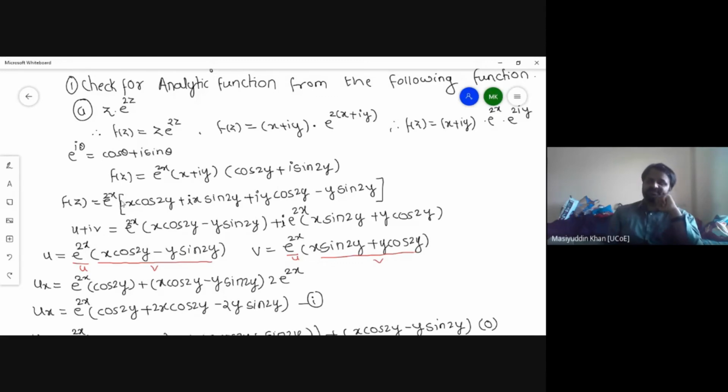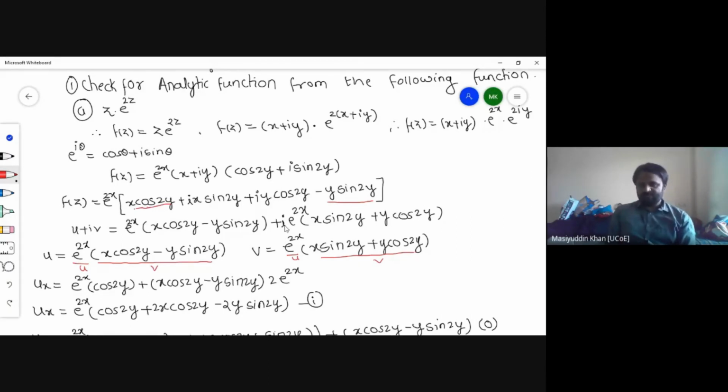Now at the next step, f of z is equal to u plus iv. We are just going to separate the real part and imaginary part. Now, what are the real parts? e raised to 2x is by default common because it is in a multiplication term, so e raised to 2x as it is. Now see, these are the real parts. What do we call the real part? The one that is not with i. So x cos 2y is a real part and minus y into sin 2y is a real part. So we just wrote here the real part, and i taken as a common factor, with e raised to 2x kept as it is since it is a multiplication term, and these two are the imaginary part because they are multiplied with i. So we just wrote this part.